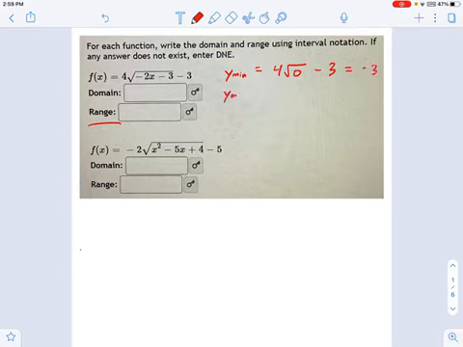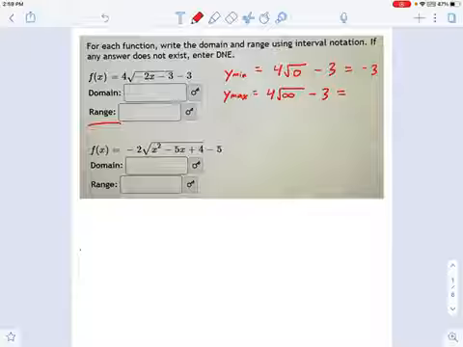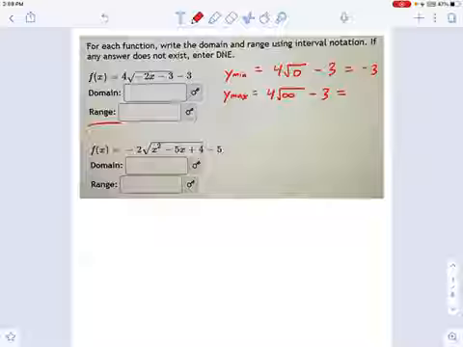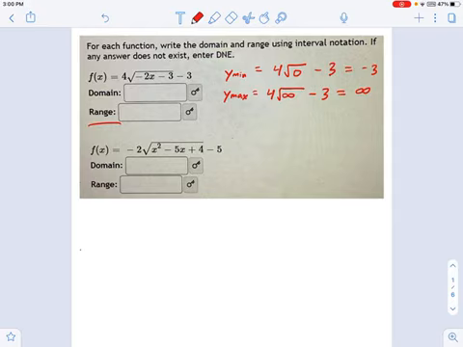And likewise, what's the maximum it can be? Well, think of a really big number. Usually people come up with a big one, like a billion or infinity. So what's 4 times the square root of infinity minus 3? Well, the square root of infinity is infinity, right? It's just too big to even talk about. 4 times that is still extremely big. And subtract 3, it doesn't matter, it's just infinity, right? It's a huge number. So that means the range is going to go from negative 3 inclusive, meaning square brackets, all the way up to infinity.